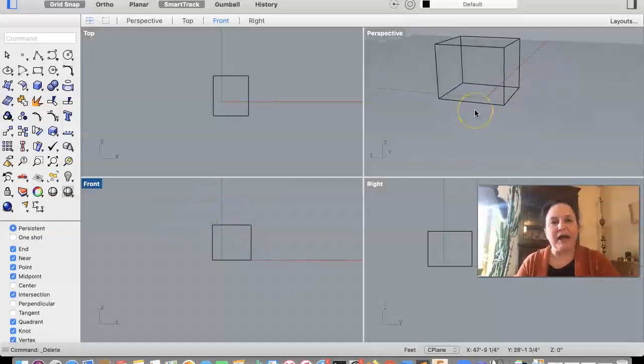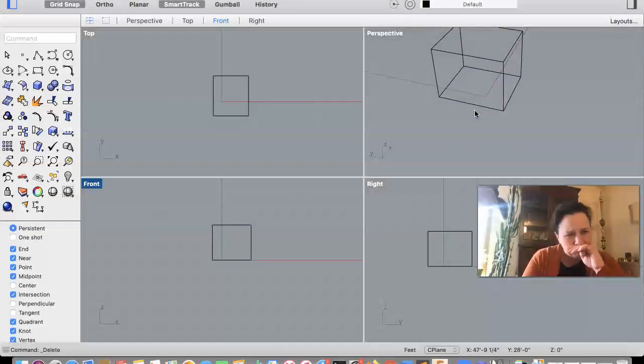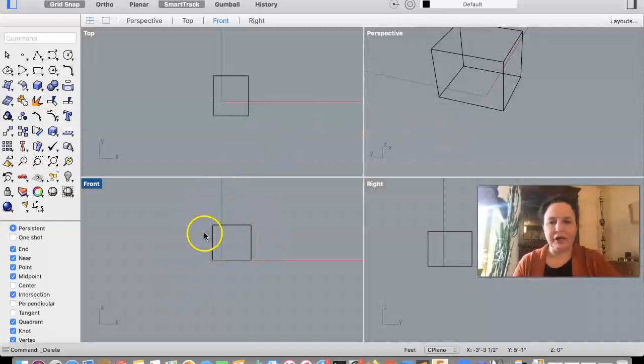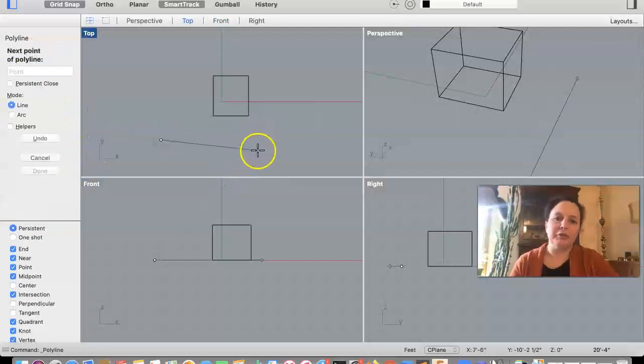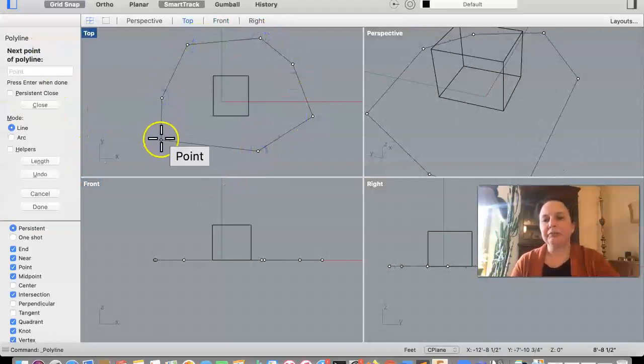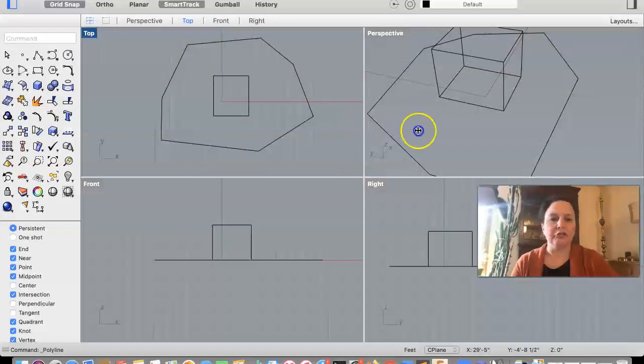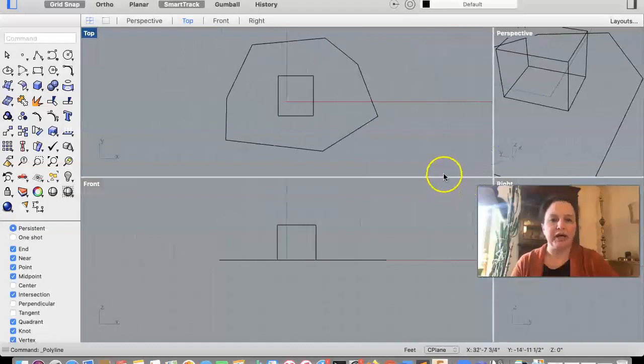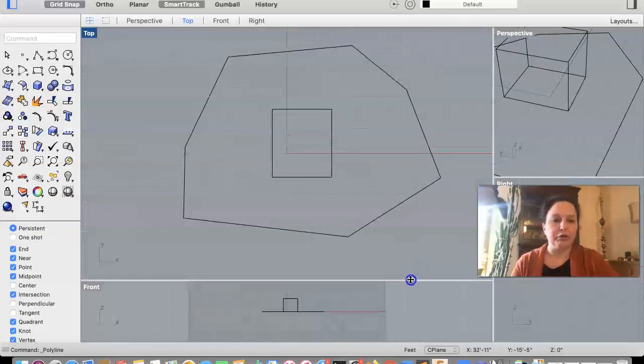And here we are back with my perspective view. As you may have noticed, working in the line view, when I was drawing that line, I really was working a lot in the front. Or maybe you're working flat and working a lot in the top. If you're doing that, for example taking a fairly complicated line in one viewport, you can privilege that individual viewport by making it shown the most on the screen,